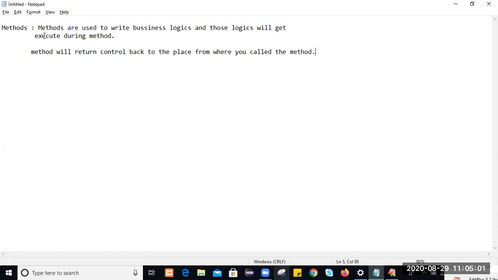When the method logics get executed depends on the method calling statement. Always remember that: method logic execution depends on the method calling statement.